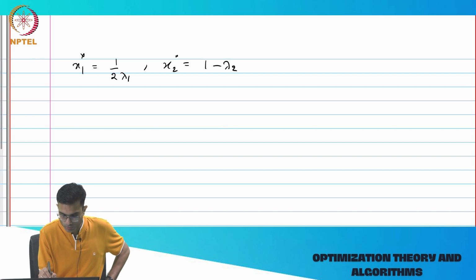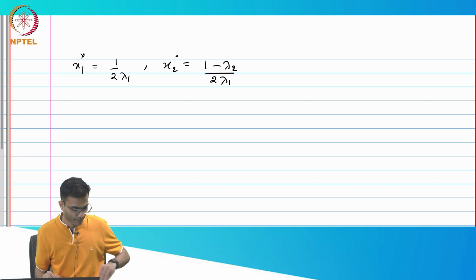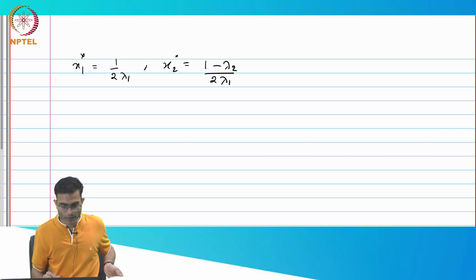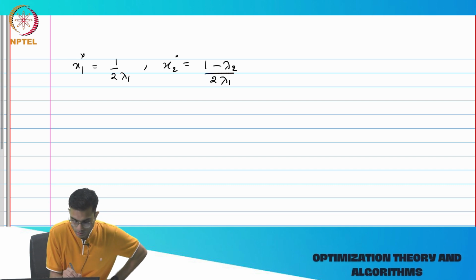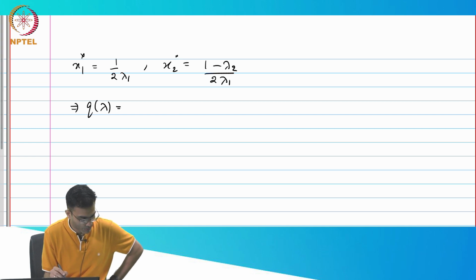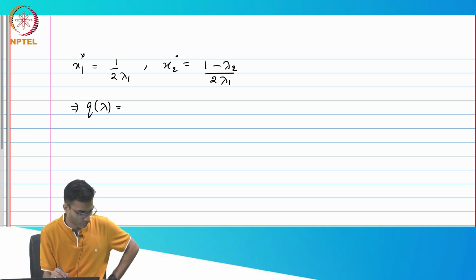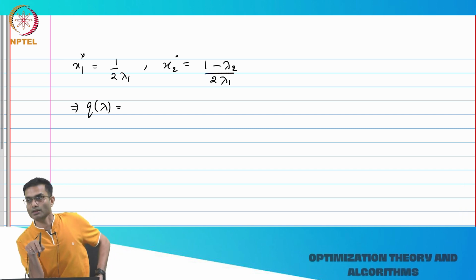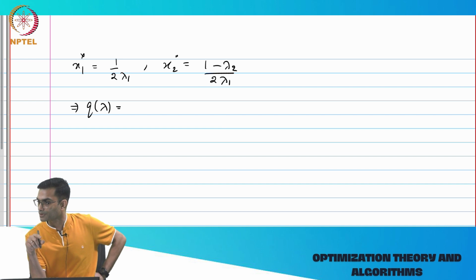1 minus lambda 2 divided by 2 lambda 1. Okay. So I've done my part 1, right? I've basically got my x star, and now I can substitute and get q of lambda, right? So q of lambda is going to be, so I need to substitute this x1 star and x2 star into that q expression in order to get it,